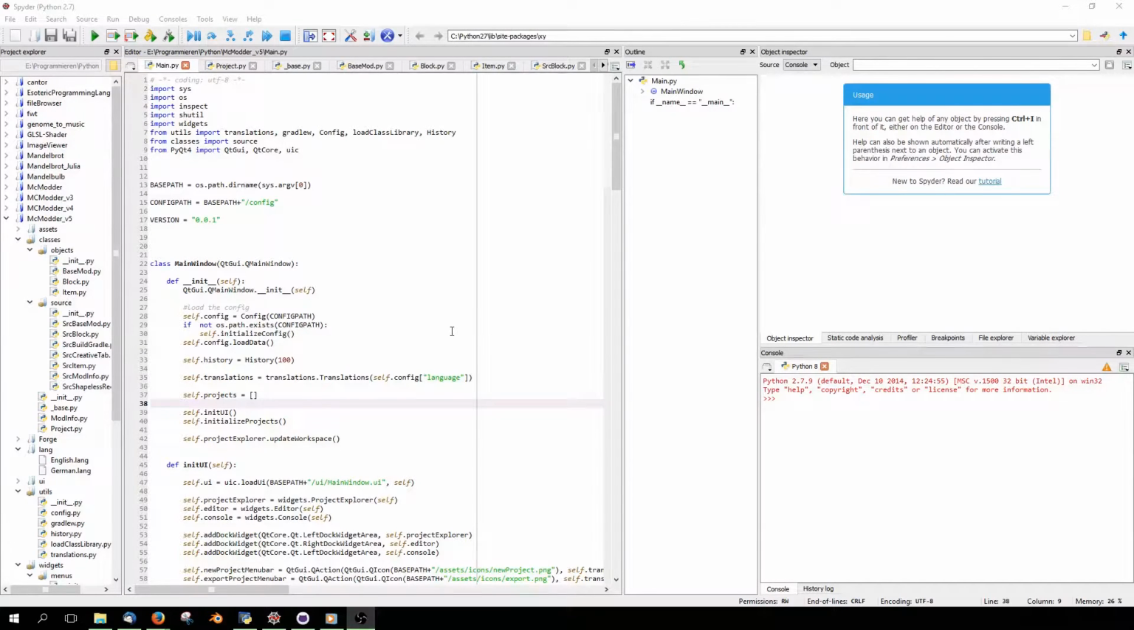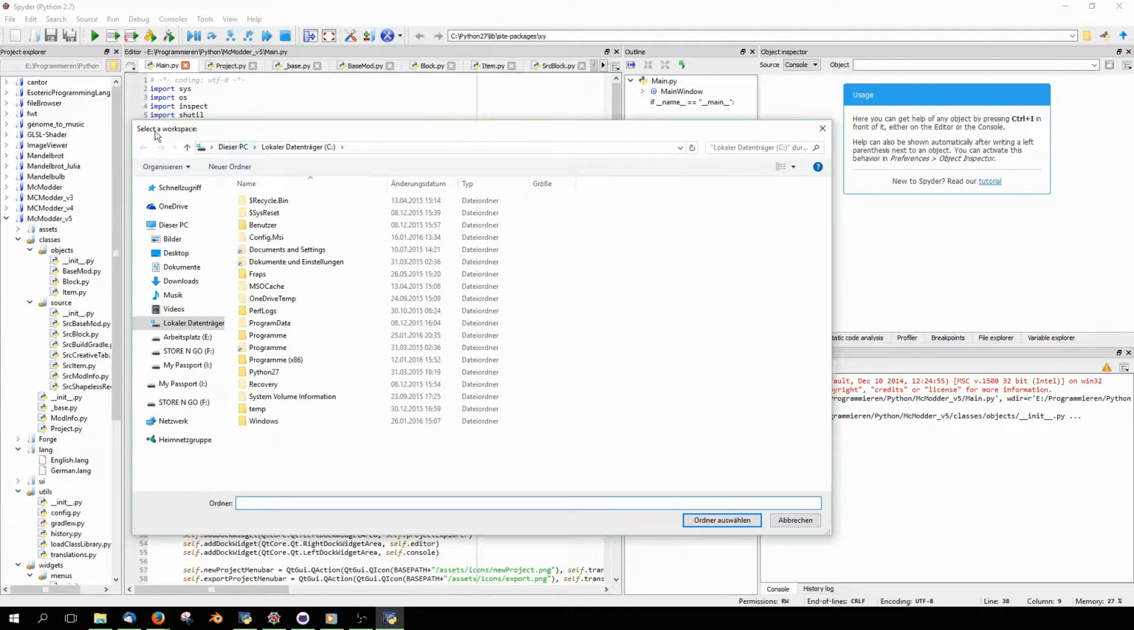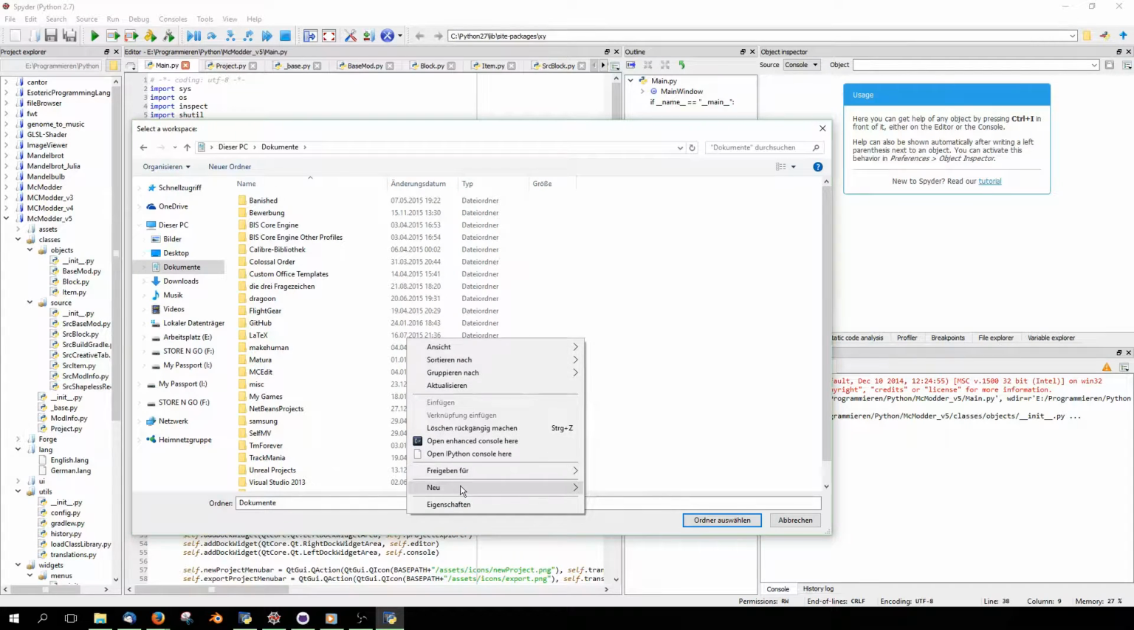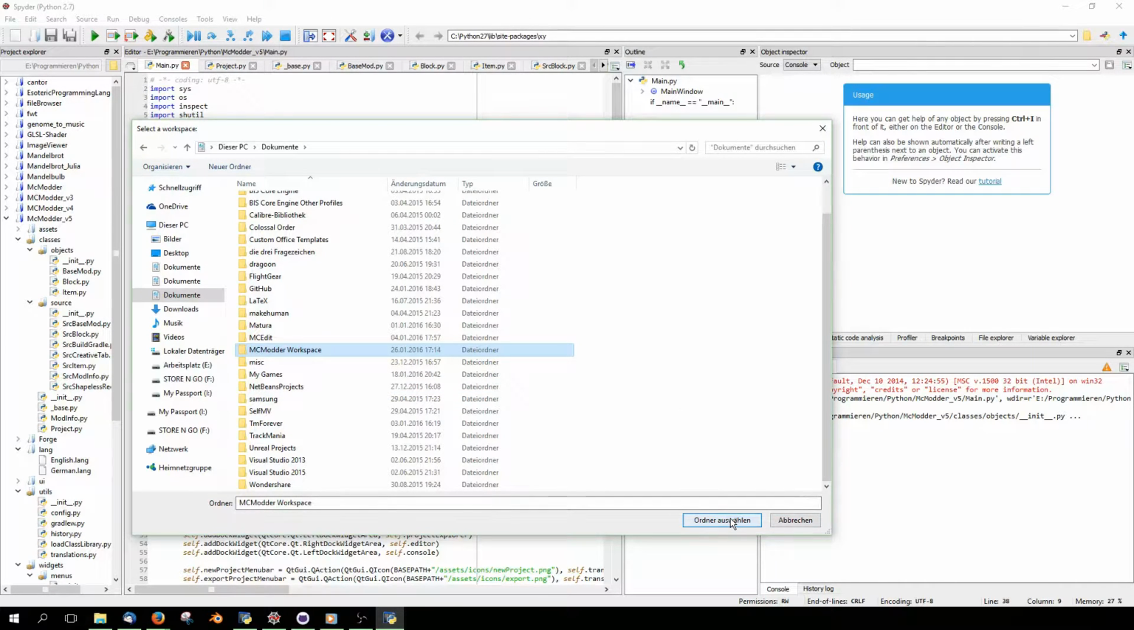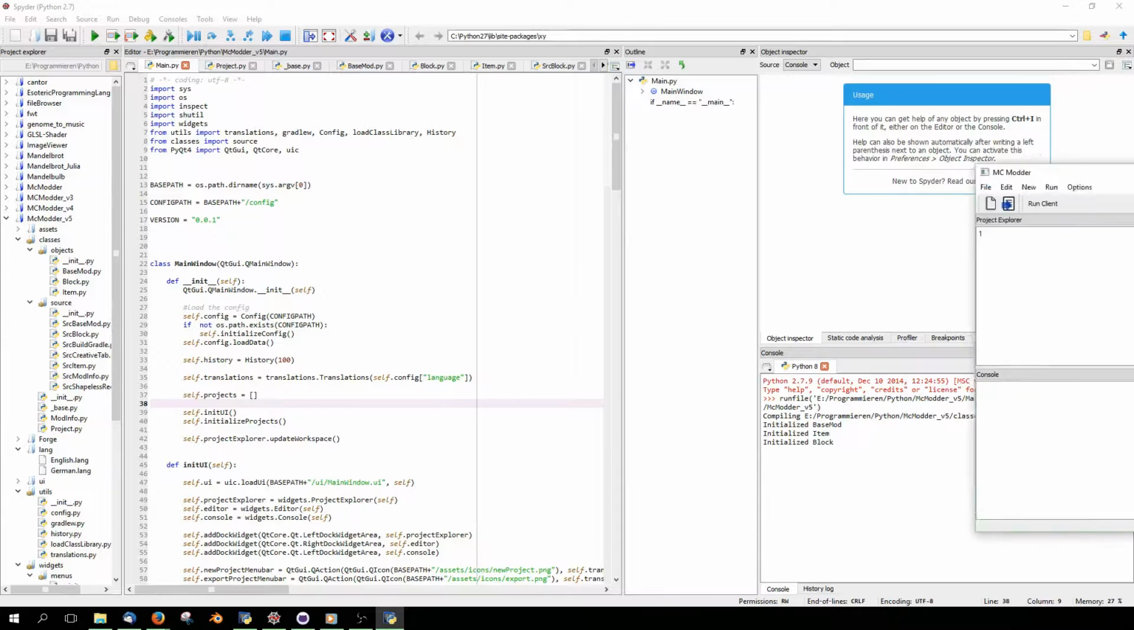Hi, in this video I want to show you my latest work in progress project, which is basically a GUI based modder for Minecraft. If I just start the program here, you can see at first it asks you to select a workspace, and I'm gonna choose a folder in my documents, which would be MCModder